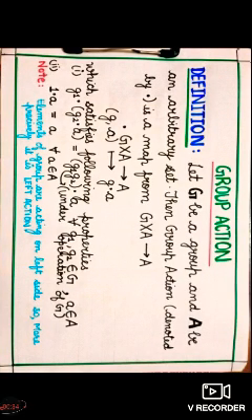Let G be a group and A be an arbitrary set. In general, there is no relation between G and A. Then a group action, denoted by dot, is a map from G cross A to A, which satisfies the following two properties. First, g1 dot (g2 dot a) is equal to (g1 g2) dot a for all g1, g2 belonging to G and a belonging to A. Second, 1 dot a is equal to a for all a belonging to A. Here 1 is the identity of group G.